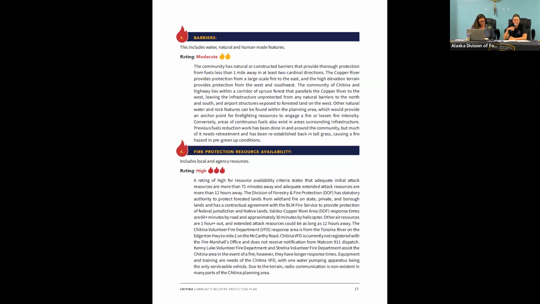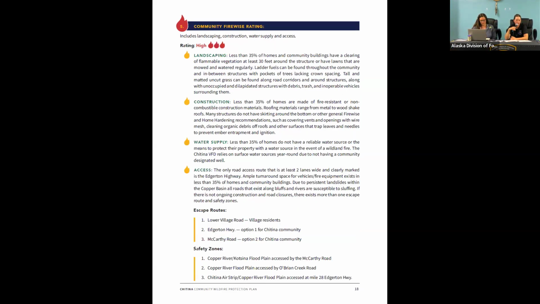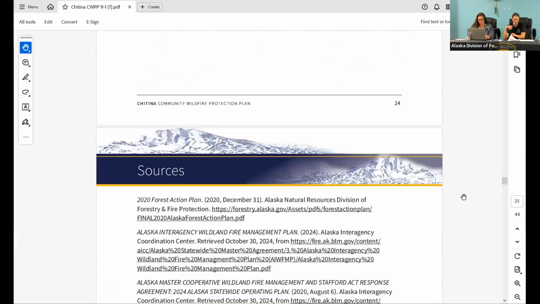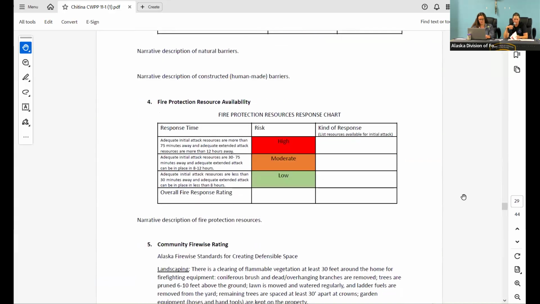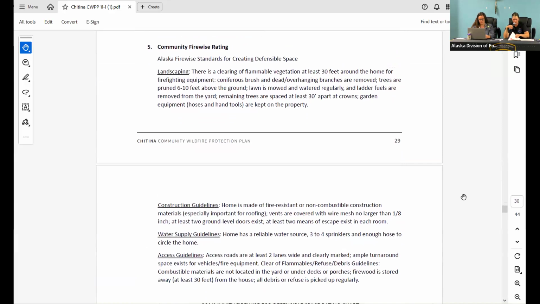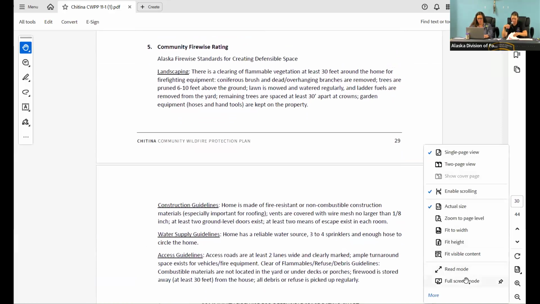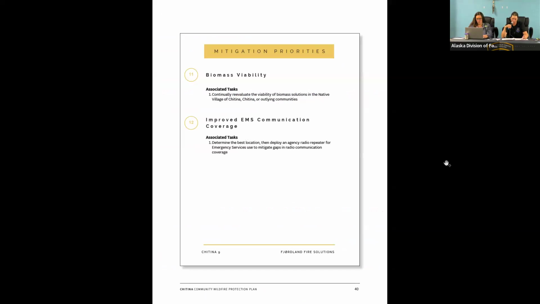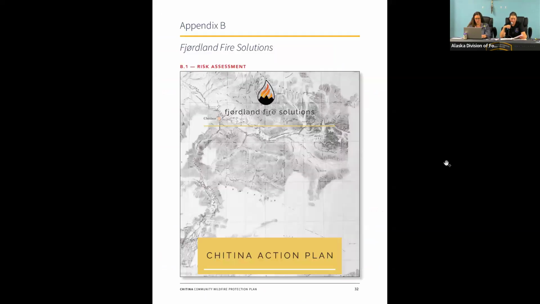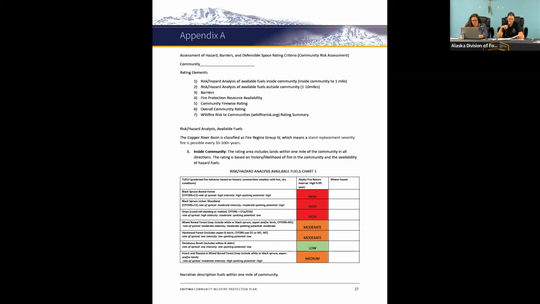So the last rating category in the community risk assessment is a community Firewise rating. Again, I'm going to reference Appendix A because this has all the criteria on how we come up with that end rating. So that's on page 30.